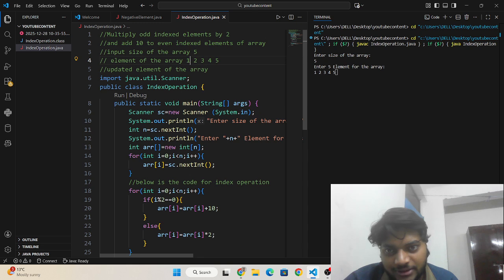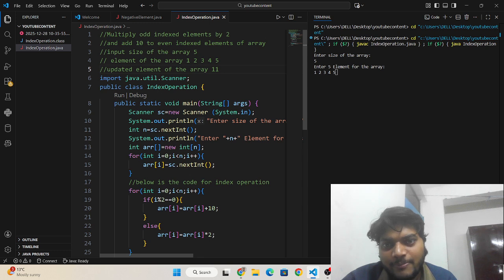If index 0 is even, then we need to add 10 to it. So the first element will be 10 plus 1, 11.